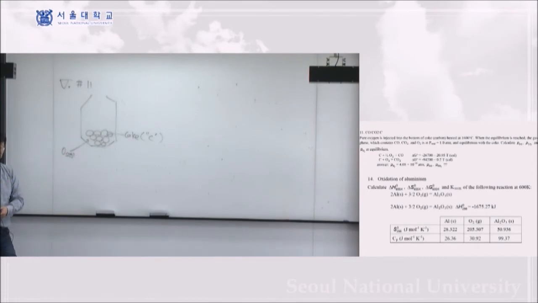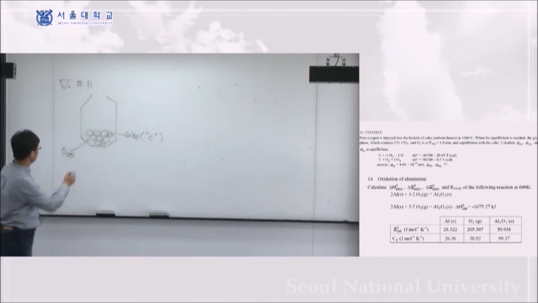So it's a gas-solid reaction, not a solid-solid reaction. Solid-solid reaction is much slower because it only happens at the solid interface. But when you make a gas phase, the gas can go all around the porosity and pores between the ore, and then it has a faster chemical reaction. So we want to make CO gas phase here, and it will produce